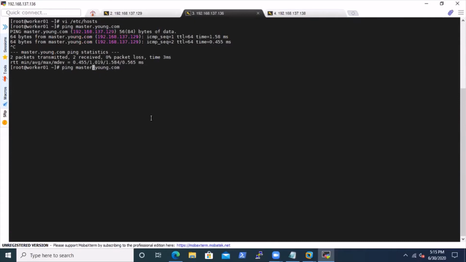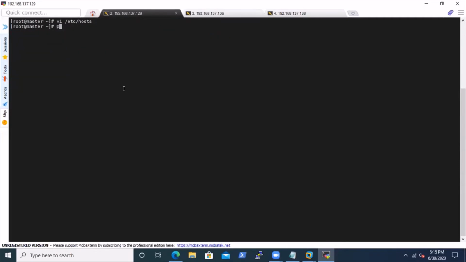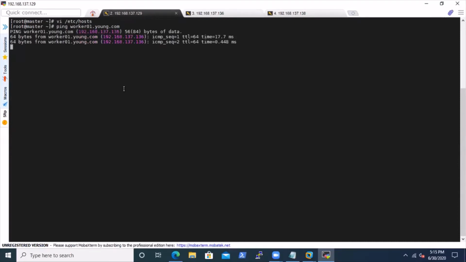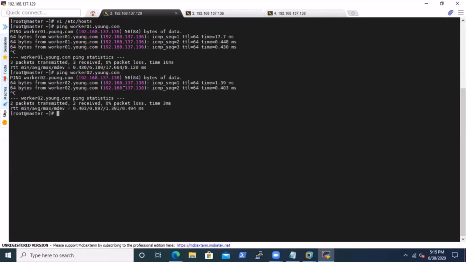Okay, they are perfectly resolving. Now let's ping the worker nodes from the master. Okay, done. This is fine now.